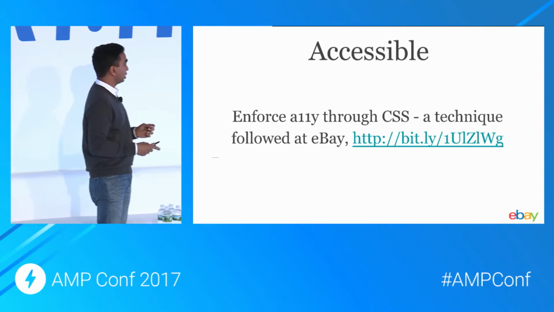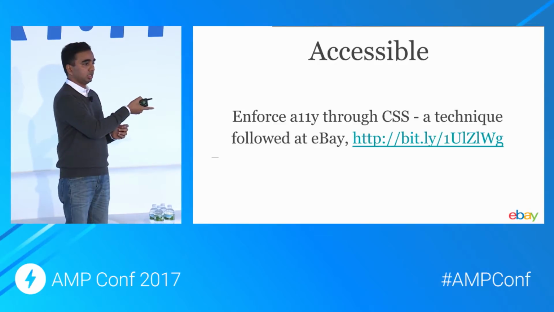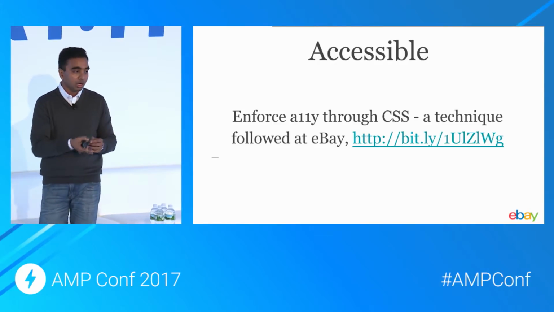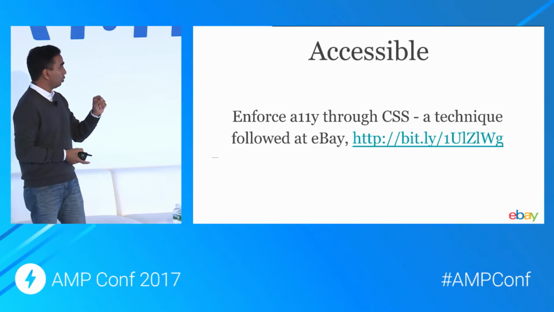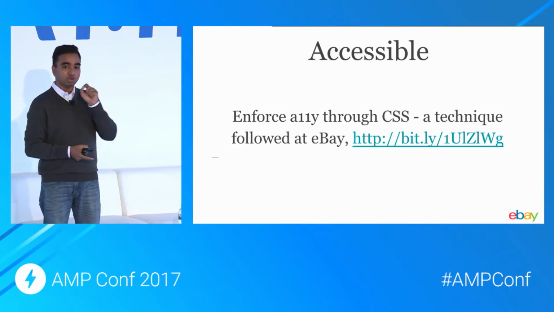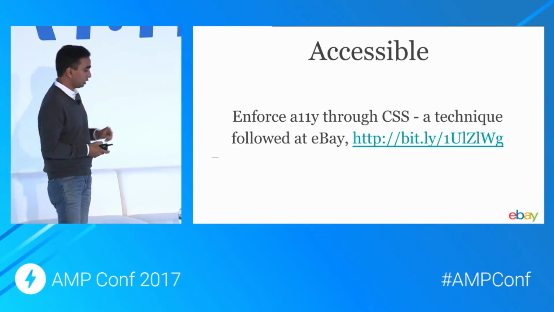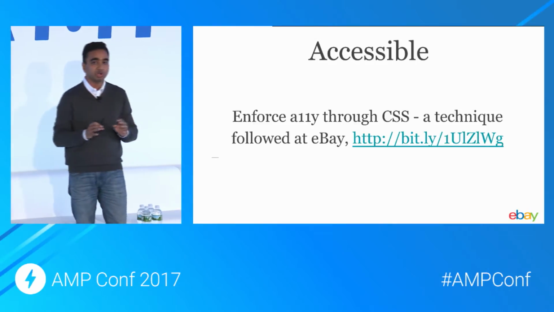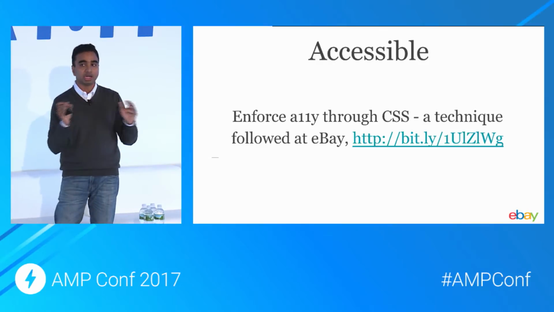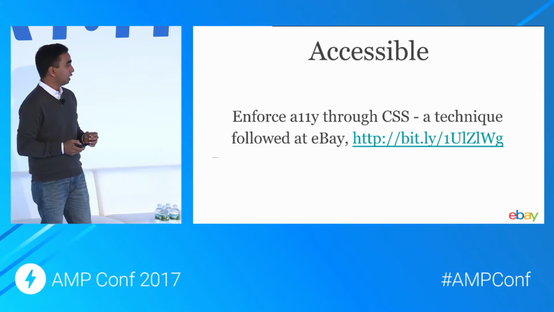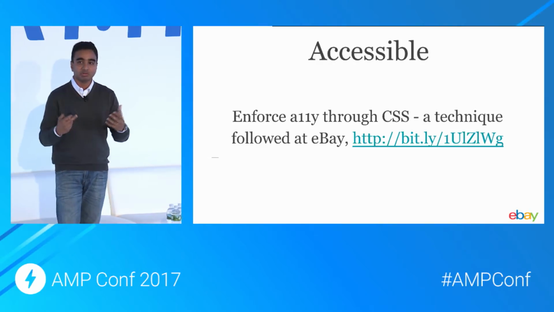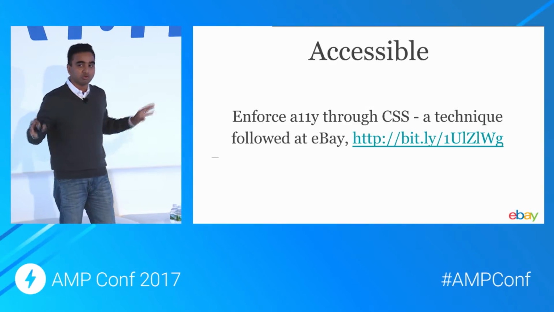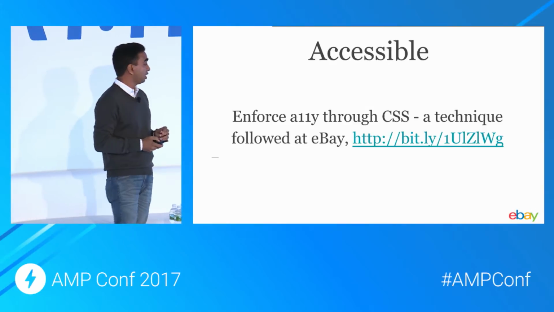But we also do one more thing. We enforce accessibility through CSS, a technique that we follow in eBay, where the styles get applied only when the right ARIA or accessibility attributes are present. You can read more about it in the link there. And AMP also does a very similar thing. A lot of state mutations and interactions work only if you have the right accessibility attributes. And this made us a natural fit when we started building our pages. We liked it so much that AMP was following a lot of regular patterns that we have been following.